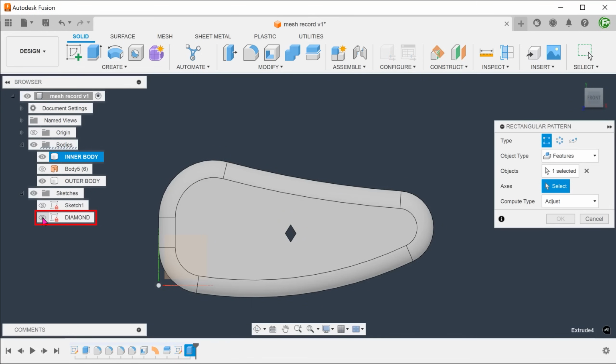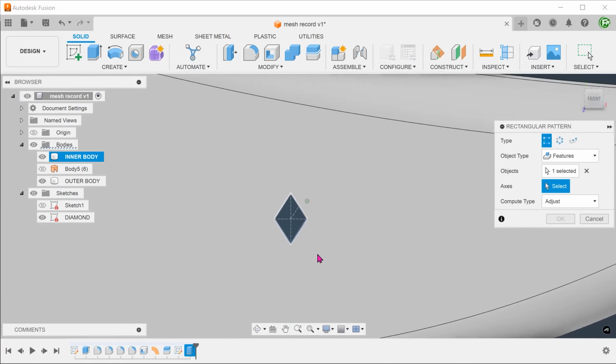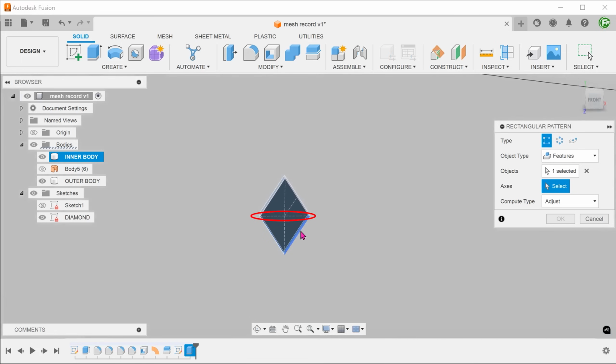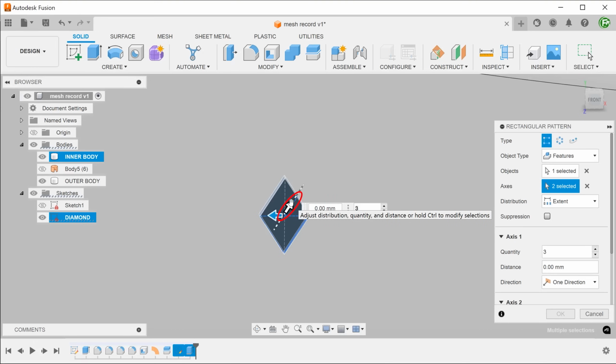Make the diamond sketch visible. Select the horizontal line as the first direction and the diagonal line as the second direction.